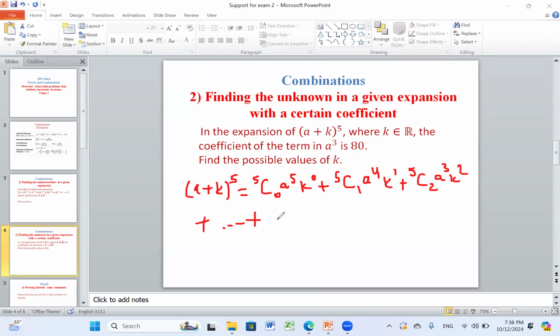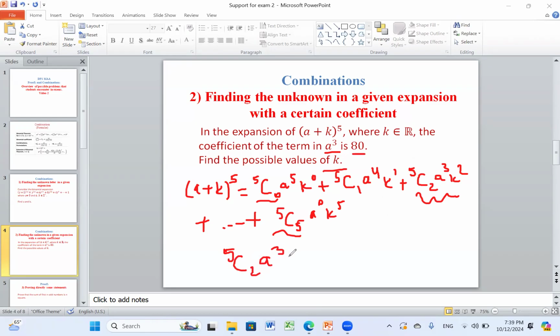The final one would be 5 combination of 5 elements, so a to power 0, k to power 5. These coefficients are 1. That's when we expand, we use 1 there. According to the question, we are requested to find k, but we know that the coefficient of the term in a cubed is 80. We know this. So the coefficient of a cubed, we are talking about this term. So it is 5